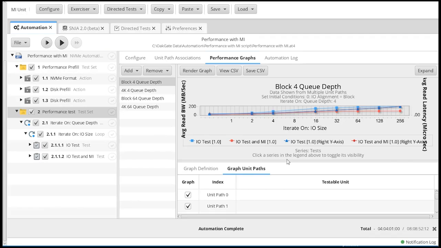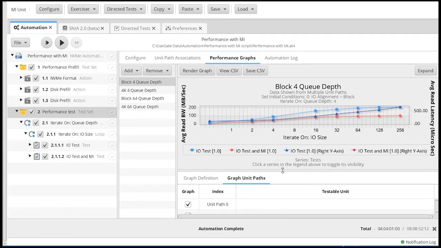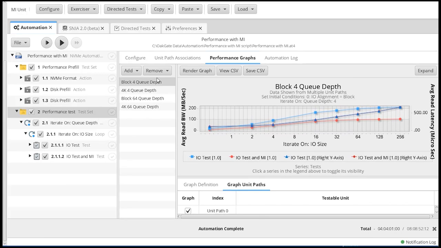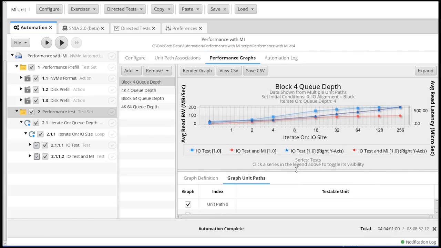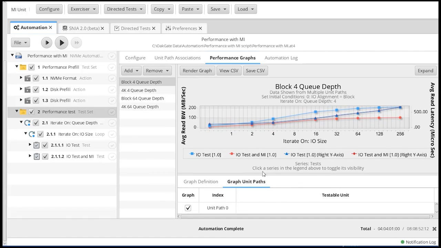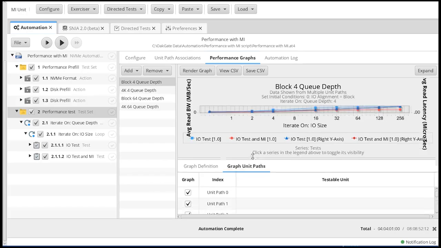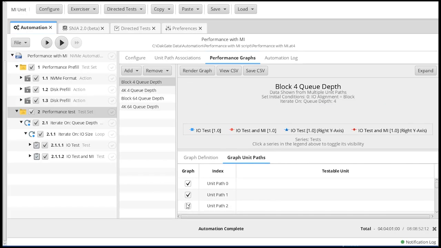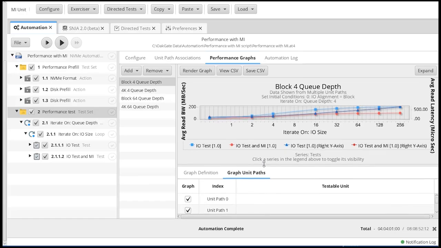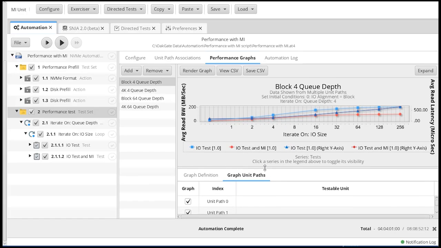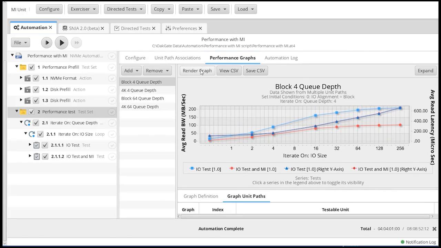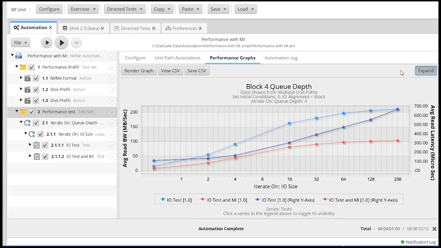Okay, so here is our completed test that has come up with the graphs already defined. Couple things on these graphs. You will notice it has all the unit paths graphed, which I may not want, because if I'm doing a compare from a performance standpoint, let me go ahead and expand this chart.